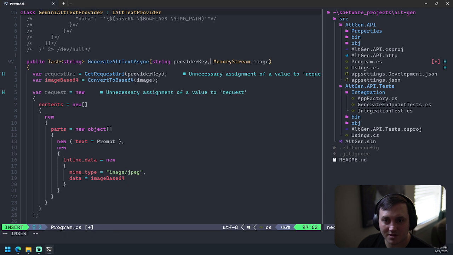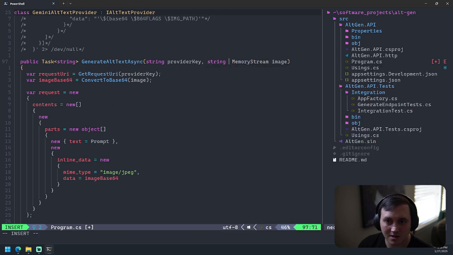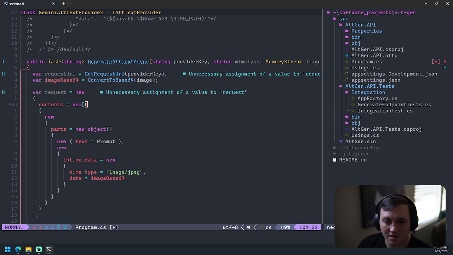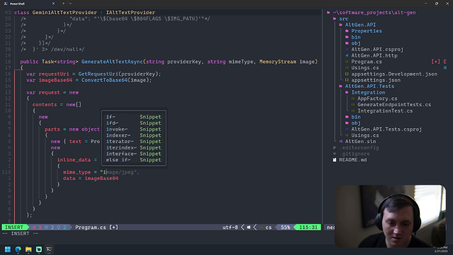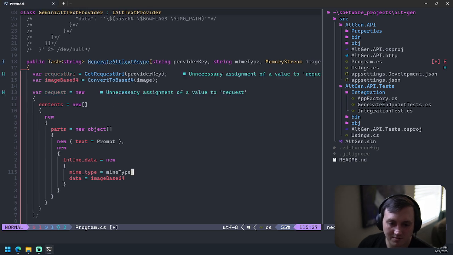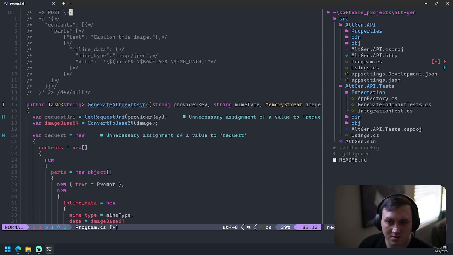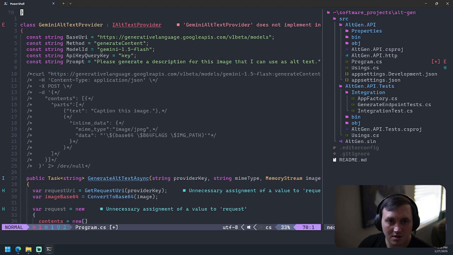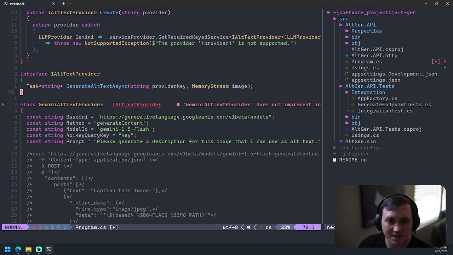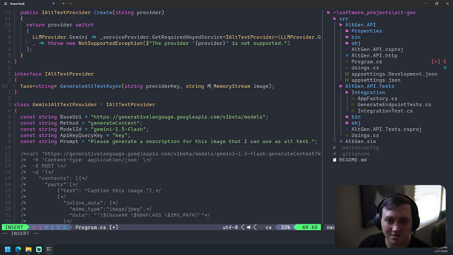I'm going to change this to be string type down here. And then this is going to complain because this signature has changed. This needs to be string